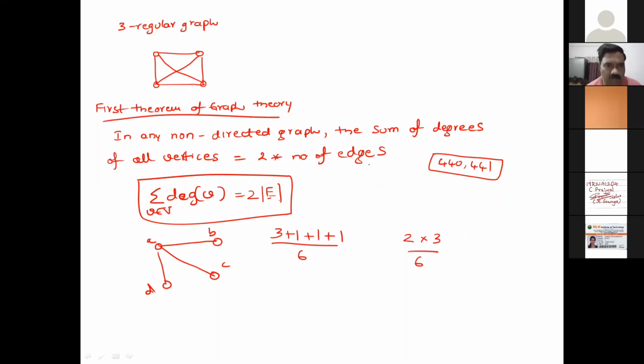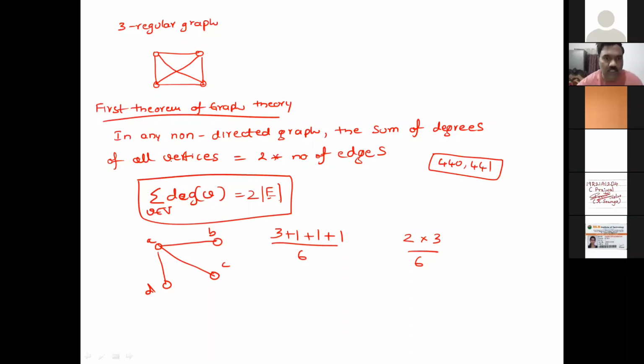Okay. So what is this sub-theorem? Based on this, the sub-theorem is telling a very simple point. Of course, a very common sense point. We know that in any non-directed graph, the sum of degrees of all the vertices is 2 into the number of edges. And the vertices in that graph, you take any graph, there could be some vertices with odd degree and some vertices with even degree.